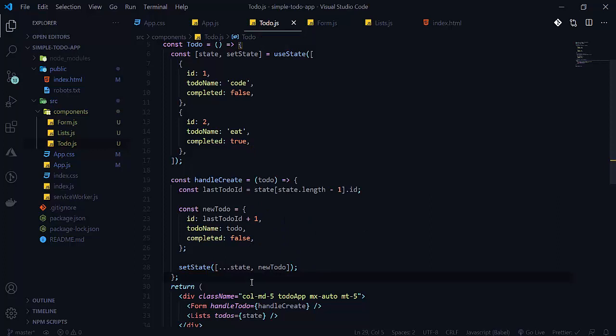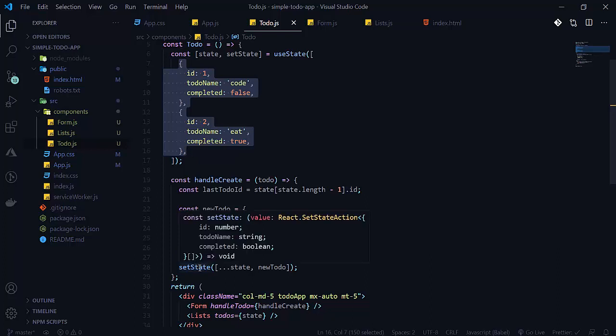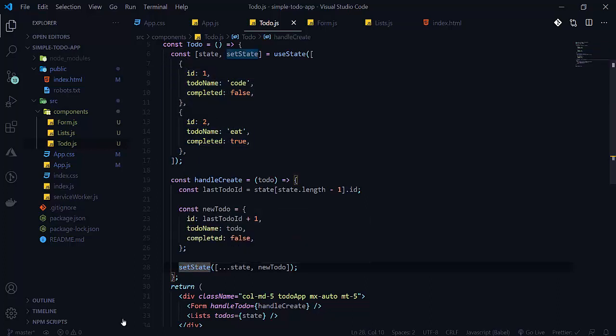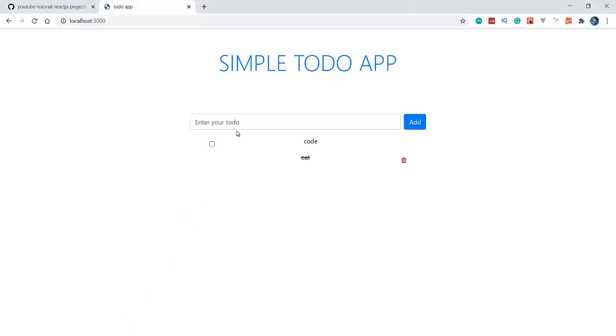So with this, the other values of the state will remain, and it will add the new value to our state. We cannot write state dot push here. Now whenever I write sleeping here, see that it is getting refreshed and we are getting our value also. Whenever I click here, nothing is happening, so let's call this function also.